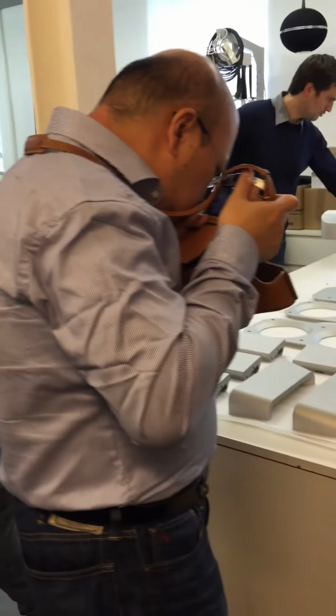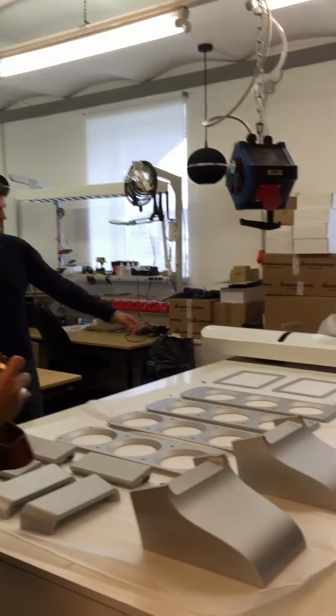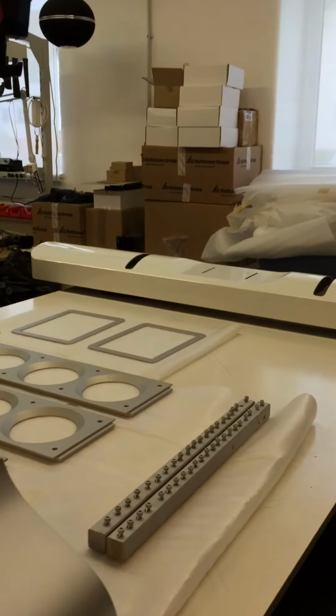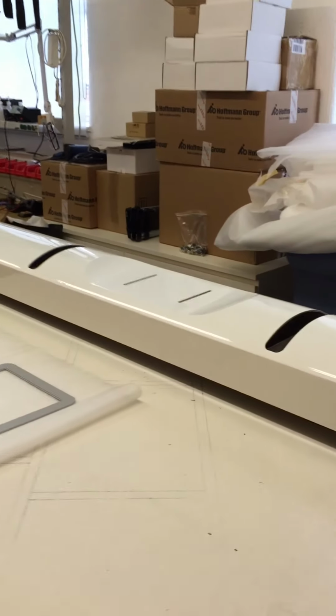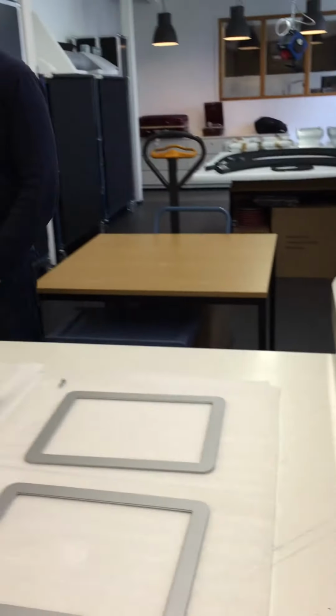This is a wall speaker, and this will be equipped for a customer as a center speaker for below the canvas. He already has this, and these are